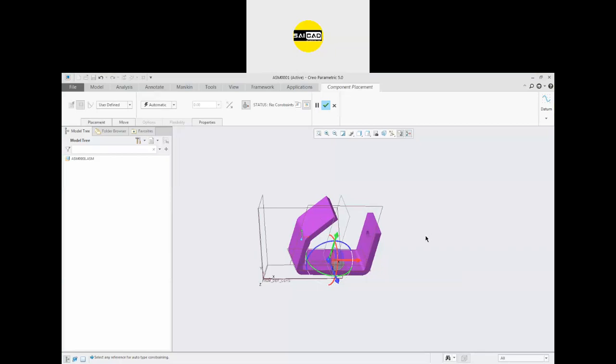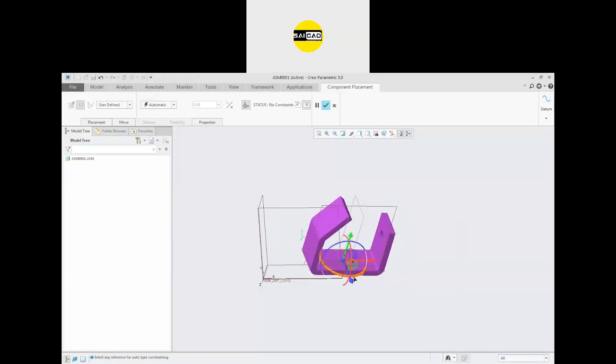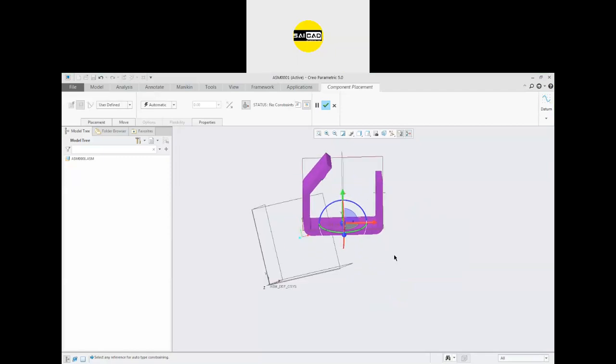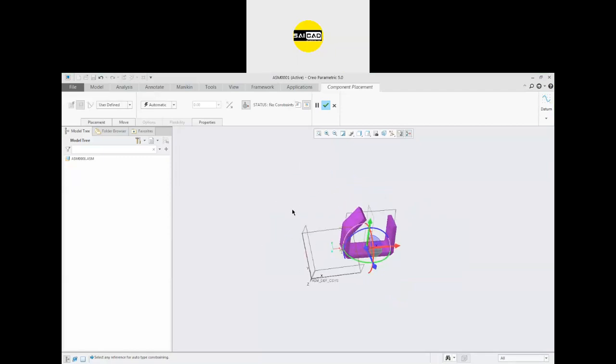So to define the first product, you can just simply press the right click, and there is the option default constraint. What do you mean by the constraints? Basically, to restrict its motion, we have to apply some constraint according to the motion. You can see we have some motion like that, we have some motion like that, and we have some motion like that. So how to restrict the motion? So you can see we have here some planes. These planes are from the assembly, and we have some planes here. These planes are from the part.